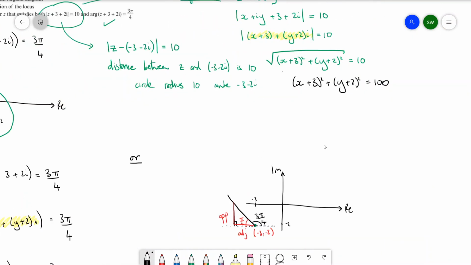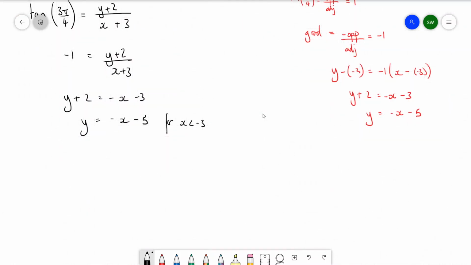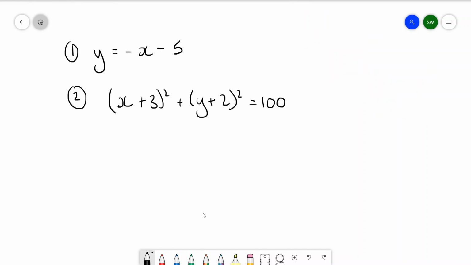So our last step is to find out what coordinate (x, y) satisfies both this condition, the equation of the circle, and also this condition, the equation of the line. So let's solve these simultaneously then. I'm going to replace y with minus x minus 5. So we're going to have (x plus 3) all squared plus (minus x minus 5 plus 2) all squared equals